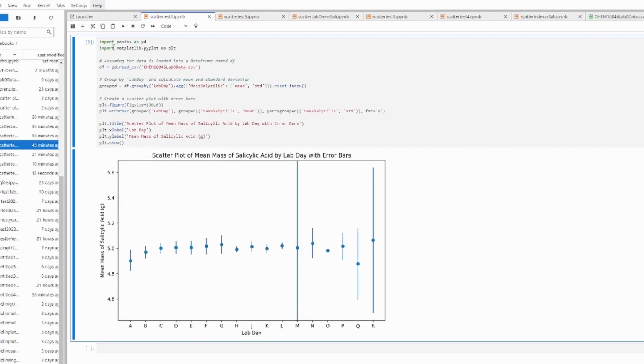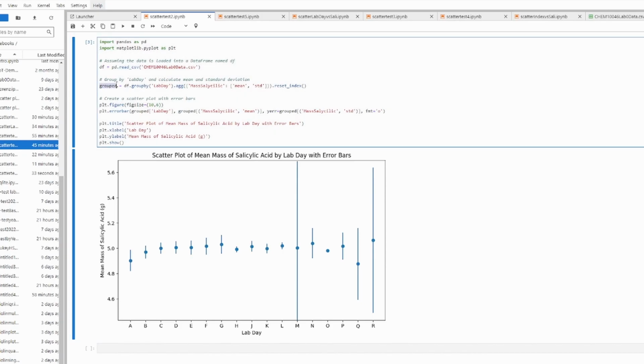All right, so we've added in some error bars here. All we're doing is the exact same thing. Import pandas as pd, matplotlib, read our data frame. We're going to group the information, and notice that we've got the reset index here now at the end, but we've got both the mean and the standard deviation that we want to calculate. So under the grouped variable,